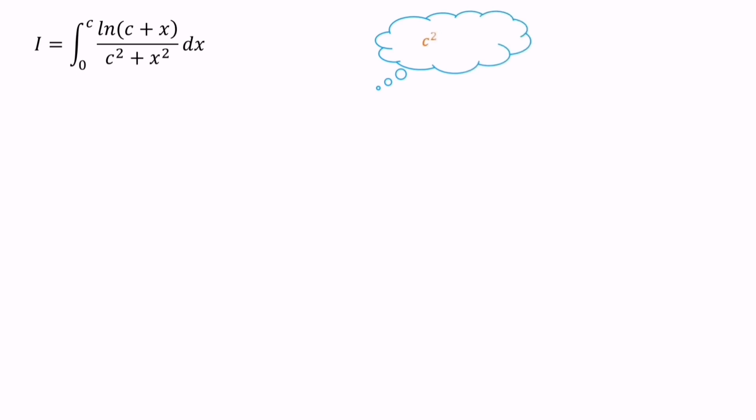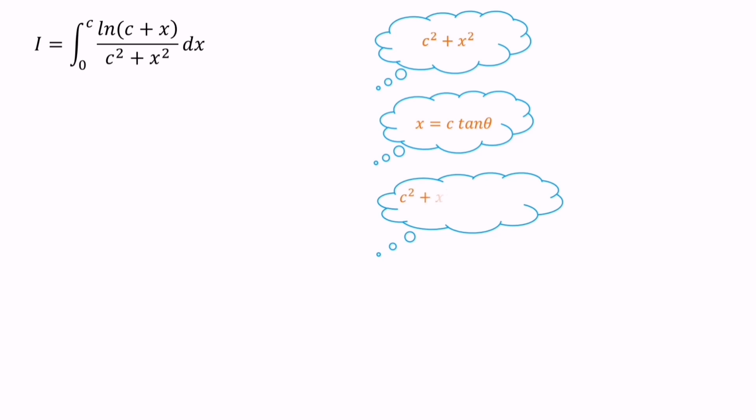Before we start anything, let's think about how we can solve this question. First of all, we need to try to remove the complexity of this function. In this function, the complex part is c squared plus x squared. If we substitute x equals c tan theta, then we can simplify c squared plus x squared as c squared